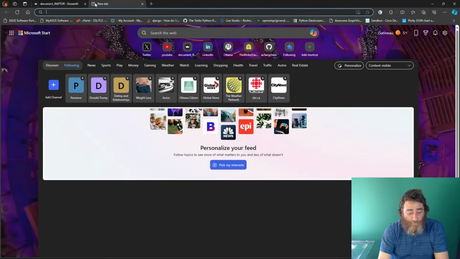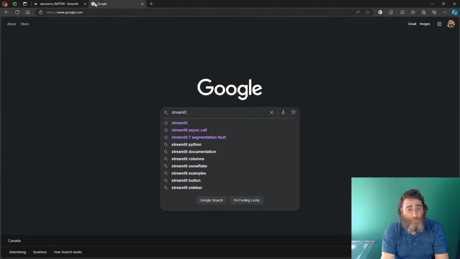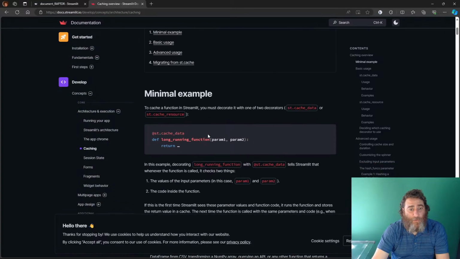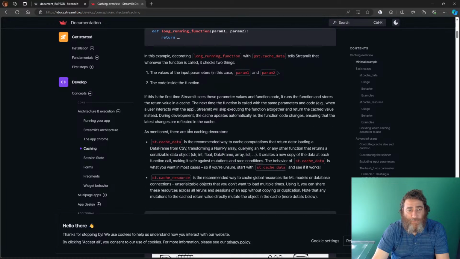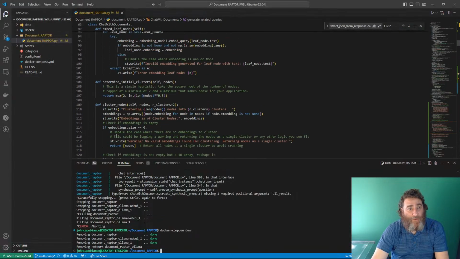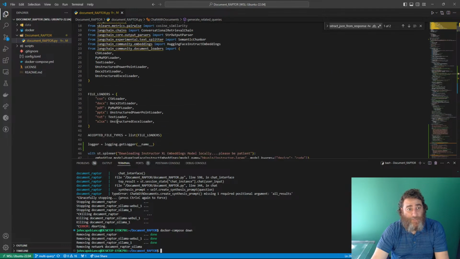Just going to look up something real quick. Streamlit cache. Cache data or cache resources? ML models. Perfect. Well, if I don't get multi-query working, at least I got this fixed, I think. So that's going to be